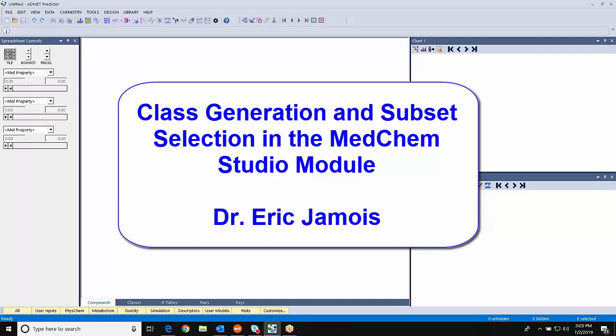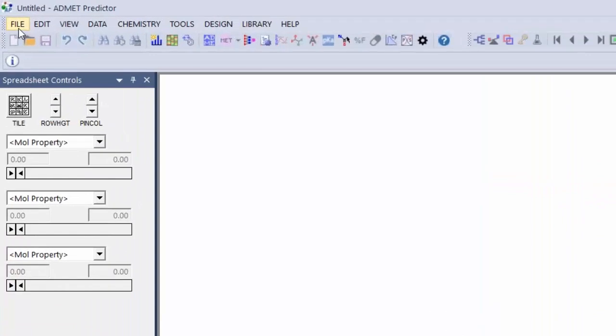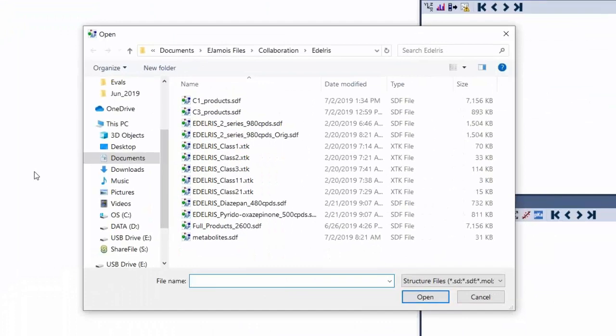This is actually an interesting set of compounds that I'm going to bring up. Before joining Simulations Plus about 5 months ago, I worked in the MedChem CRO space, with a company called Edelris in Lyon, and they have some really interesting molecules and interesting chemotypes that are inspired mostly from natural products. And so when I told them that I was transitioning to Simulations Plus, they were kind enough to say, well,